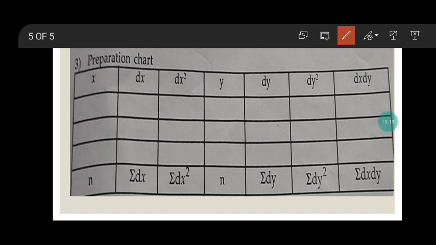And after getting the coefficient of correlation, you have to interpret the answer. You have to recognize what kind of correlation there is between the two variables and what the degree of correlation is between them, on the basis of the knowledge that we have gained in the previous lectures.